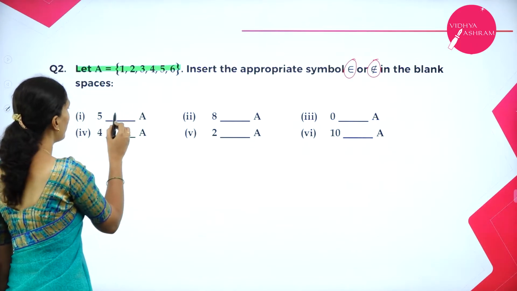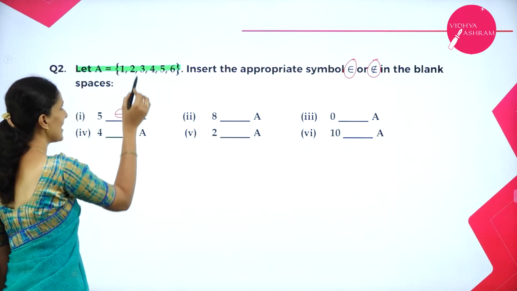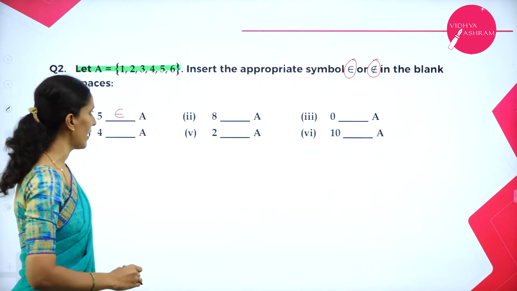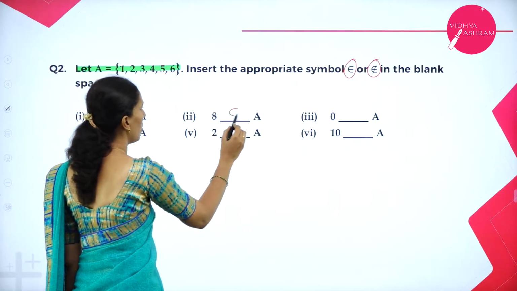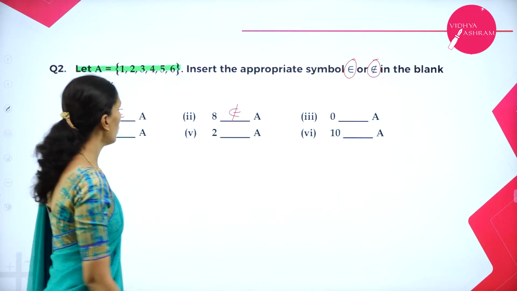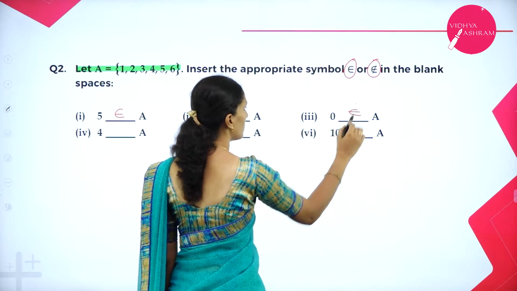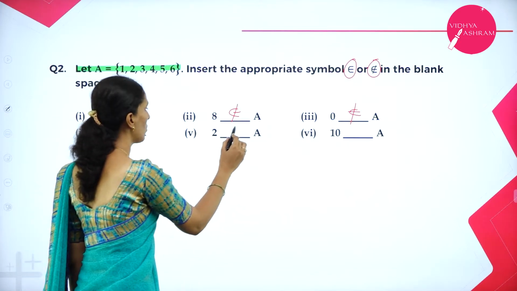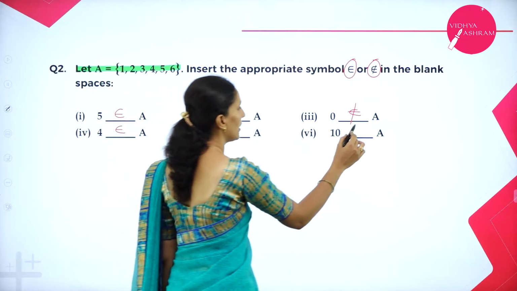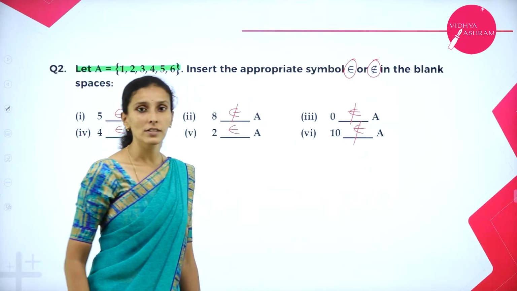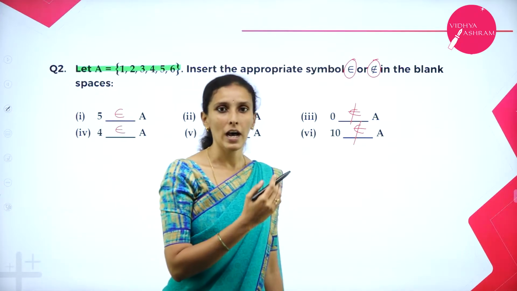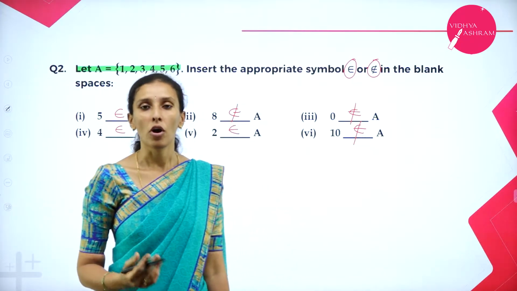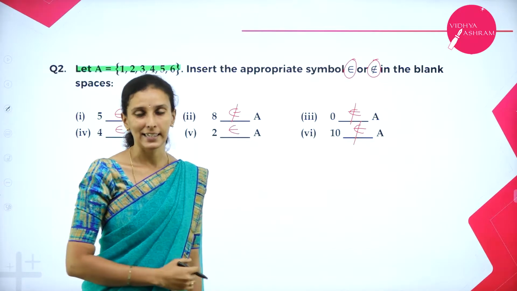5 and A. So what can I fill? Belongs to, because 5 is contained in the set A. 8 does not belong to. 0 does not belong to. 4 belongs to. 2 belongs to. 10 does not belong to. So this is how you represent an element which belongs to or does not belong to the given